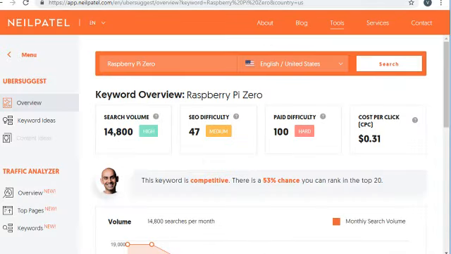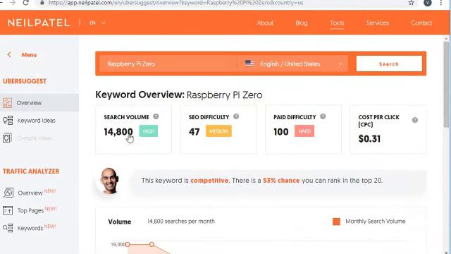So this is the website, Neil Patel Ubersuggest. If you go into it and type, let's say, any keyword, for example, I have given the keyword Raspberry Pi Zero. That keyword really is related to the area of your expertise, the subject matter expert. If you are a subject matter expert in a particular field, a subject on which you can write or talk about very frankly, very confidently, you need to give that. So let's say Raspberry Pi Zero, I know very well about it, so I give that keyword.